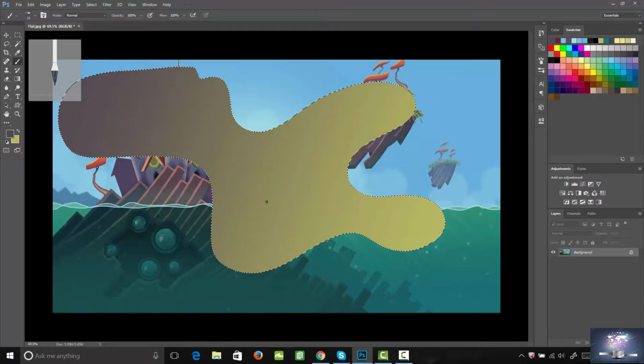Then also, if you want to change the opacity of your brush, so right now I have mine set to 100, but if I wanted that to be more transparent, meaning that it's more see-through, I can hit one of the numbers on my keyboard. So if I hit the number 5 on my keyboard, that's going to take my brush down to 50% opacity. So now if I paint, that's only at 50% opacity. If I hit the 2 on my keyboard, that's going to put it at 20% opacity, and now you see that's even lighter. So as you can see, hotkeys in Photoshop can make your workflow way faster,